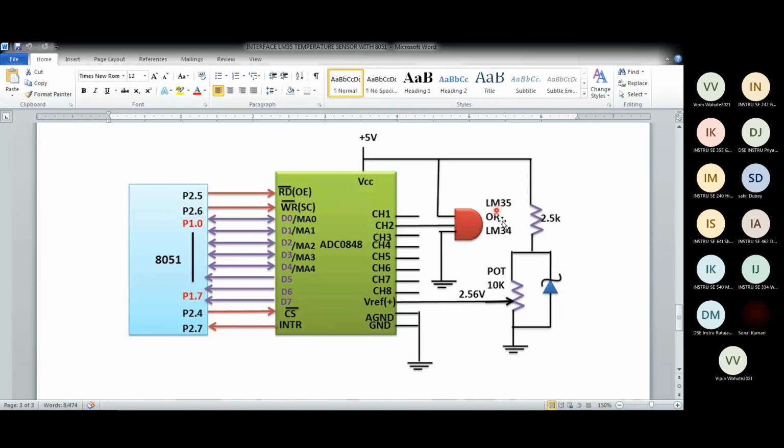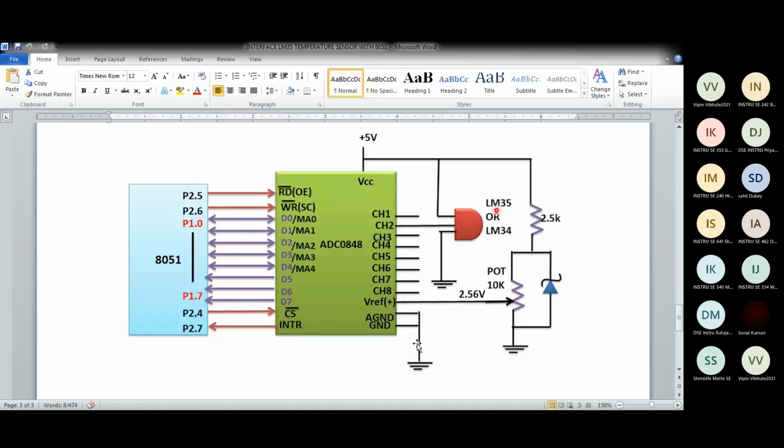This LM35 you see over here: one pin is connected to 5 volts, the other pin to ground, and the center is connected to any one channel of the ADC. So ADC 0808 or 0804, it is an 8 channel ADC. You can connect 8 analog inputs, and you get a digital output. As there are 8 channels, you have to select one channel at a time.